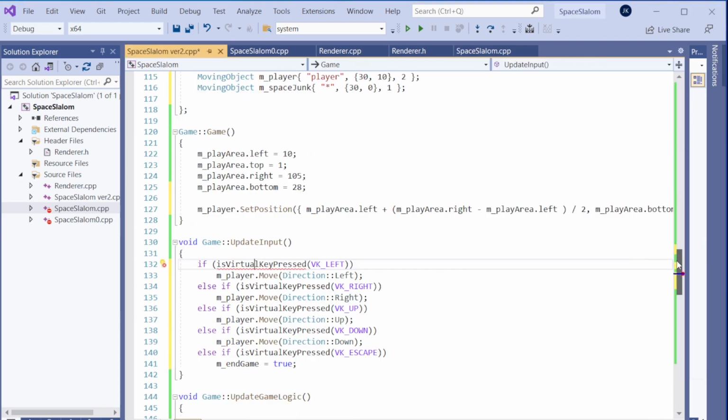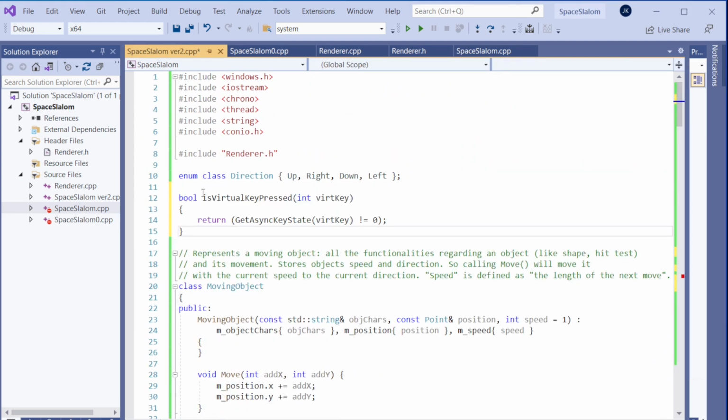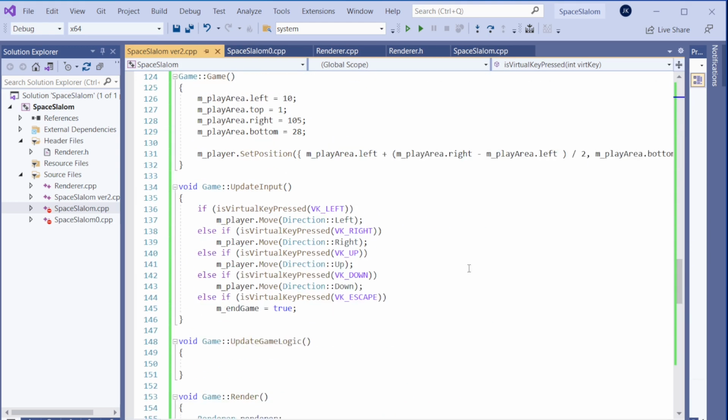function, put it at the top here, the global function checking the virtual key, that was it pressed or not. Yeah, now it works. So the update input has been done,